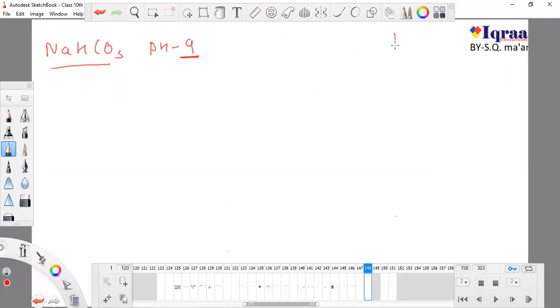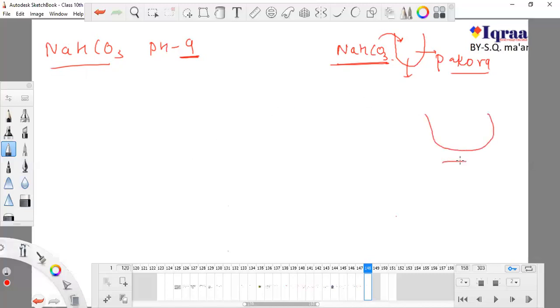So how does it work in food items? Suppose we are making an Indian dish known as pakoda. In the batter, whatever you are using, flour, rice flour, or chickpea flour, I will add some sodium hydrogen carbonate to this, and now I'm making my pakoda. What happens exactly? Now I'm cooking this in my cooking vessel, and I will get a fluffy pakoda. Fluffy means very soft and spongy.